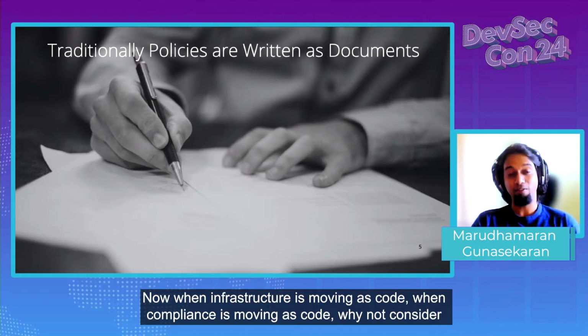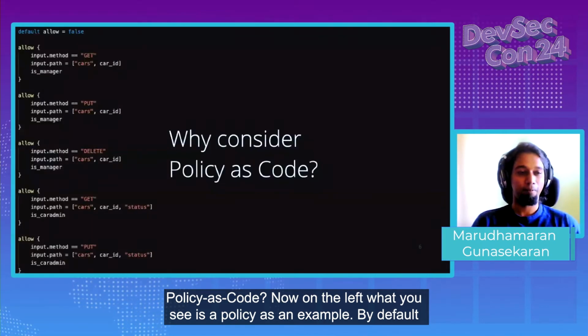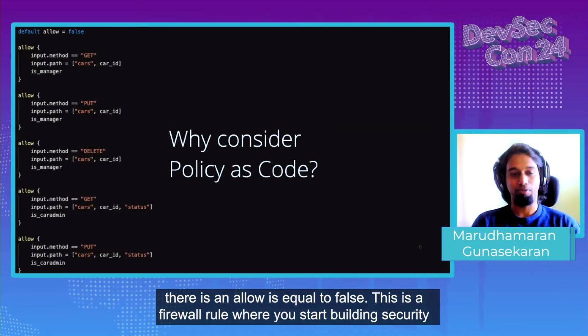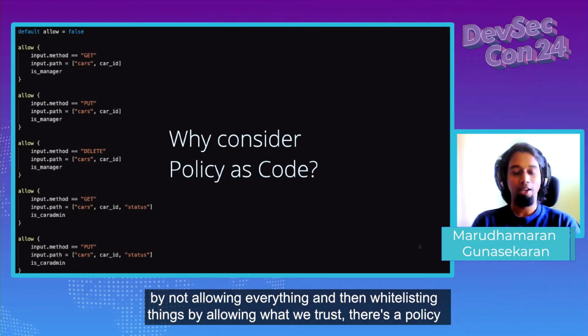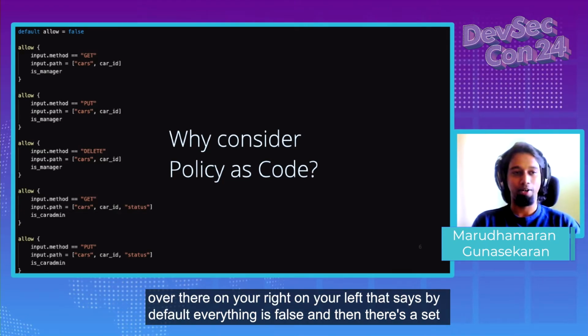Now, when infrastructure is moving as code, when compliance is moving as code, why not policies move as code? On the left, what you see is a policy as an example. By default, there's an allow equal to false. This is a firewall rule where we start building security by not allowing everything, and then whitelisting things by allowing what we trust. There's a policy over there on your left that says by default, everything is